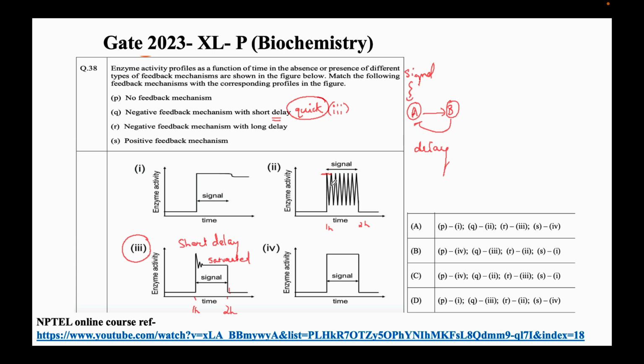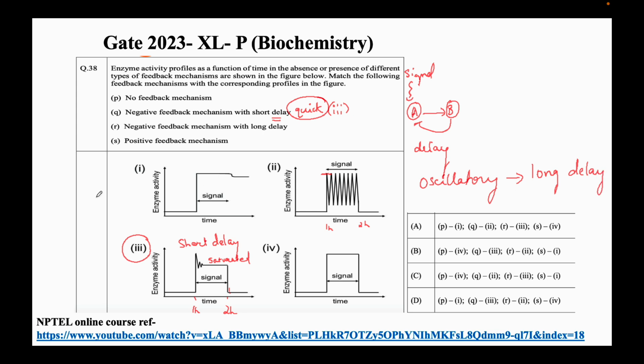This is the oscillating behavior without any decrease in the enzyme activity. It is going to the maximum, it is dropping back because of the delay, and this oscillatory behavior is seen in long delay,